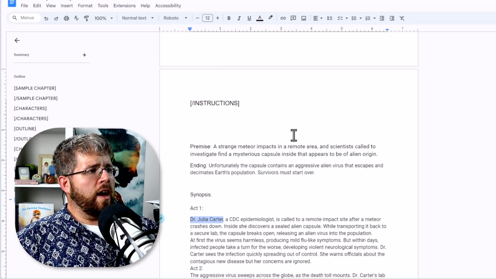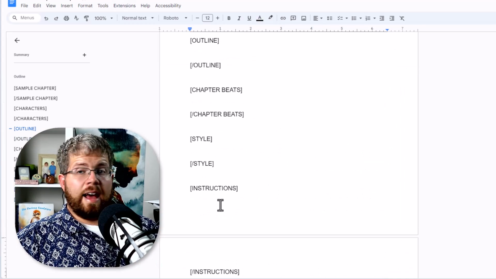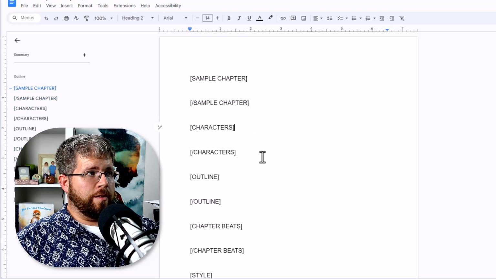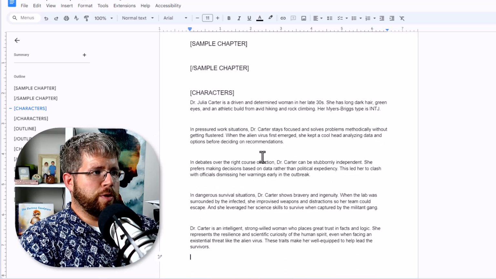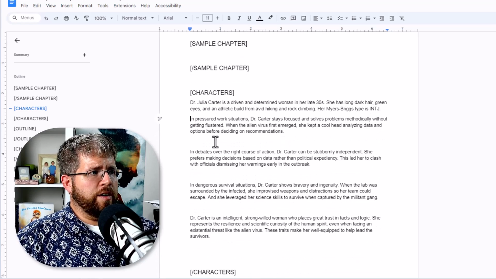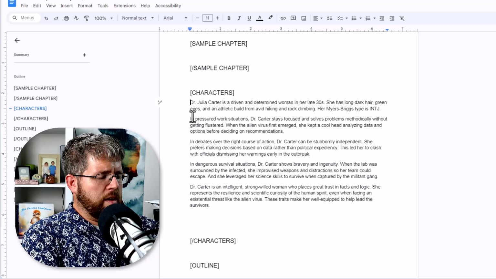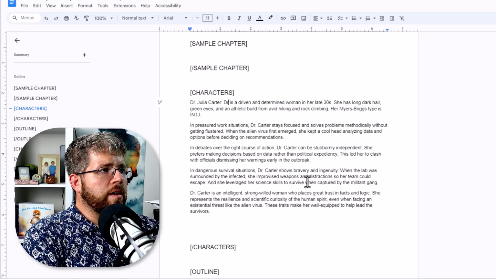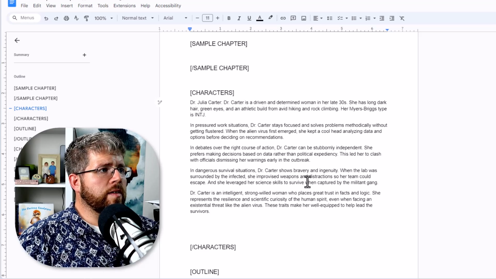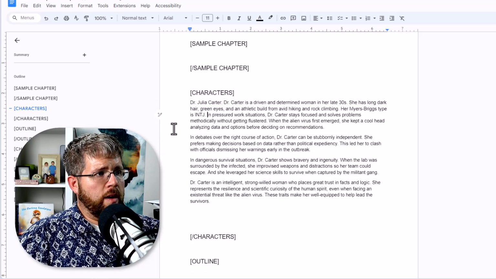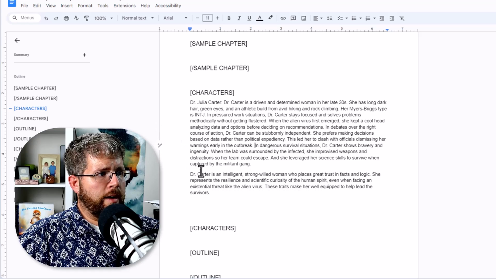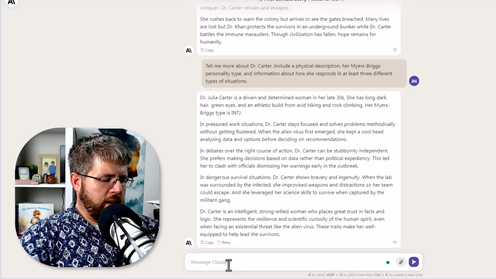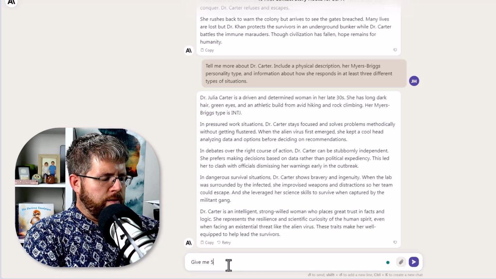And we'll go ahead, and now we are going to actually start filling out some parts of the super prompt. In particular, we're going to just put this here under Dr. Carter. And I'm going to delineate this way. We're going to say Dr. Carter is, and then I'm just going to include all of this in one big paragraph just for the AI's benefit. And now I'm going to ask the AI, give me 5 more